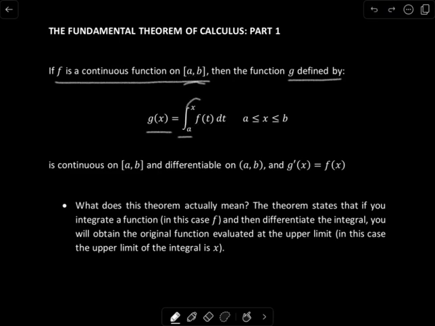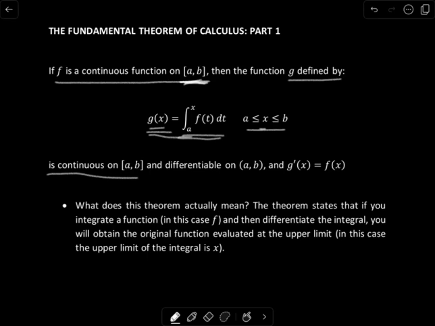It's taking the integral to x, so there's that variable x. You have the variable x being the input into the g function, and here it is in the upper limit of this integral. So g of x is the integral from a to x of the f function, so f of t integrated with respect to t. And obviously, x must be between a and b, and it can be inclusive because we are looking at it over this interval. So if g of x is defined like this, basically g of x is the integration of the f function, then